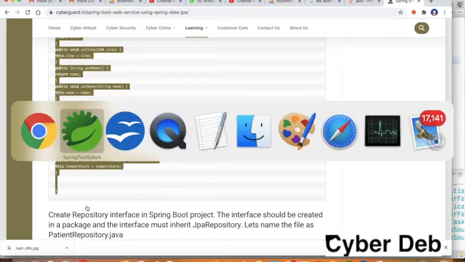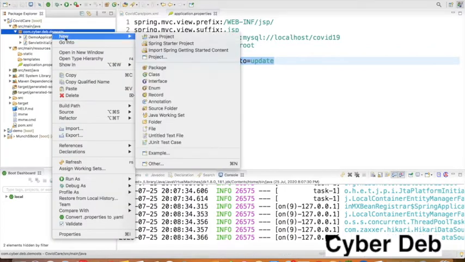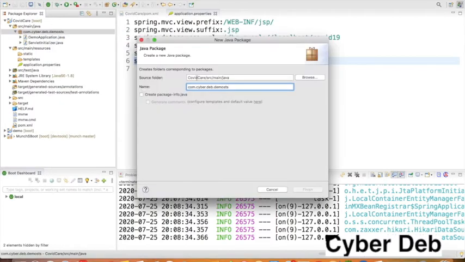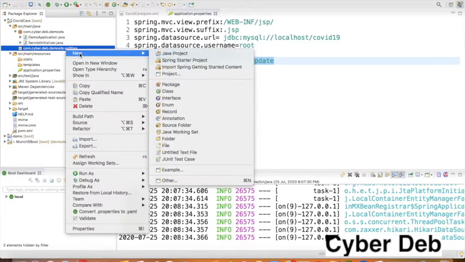and I will go for creating a package in my project named entities. You can name it anything. In the root package, I will create a sub package, the demo STS we have created. Inside it, you will create a new package, then dot entities. At the end you can put entities. Okay, so here this is the empty package we have created.